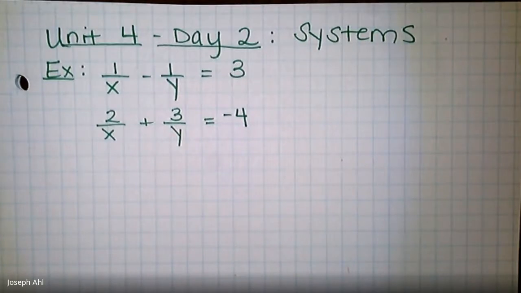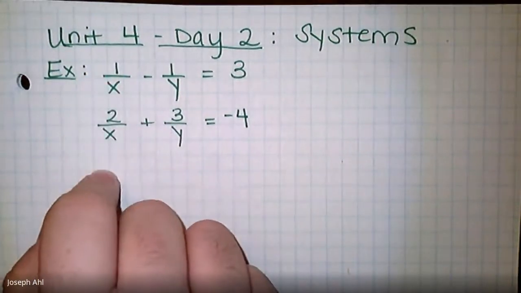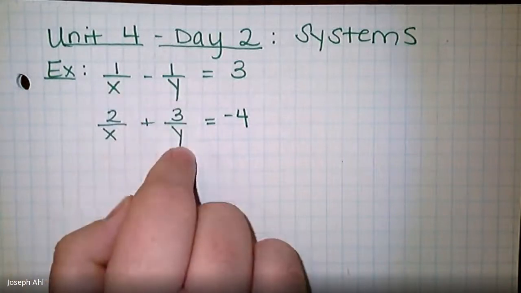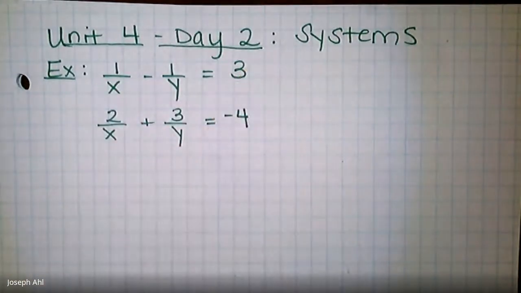Taking a look at this first example, on the Day 1 notes on page 24 in the packet, there were two methods shown for solving systems of equations. There was the substitution technique and also elimination. If you look at the way these terms are lined up in this first example, with the x terms lined up, and the y terms and the constants,